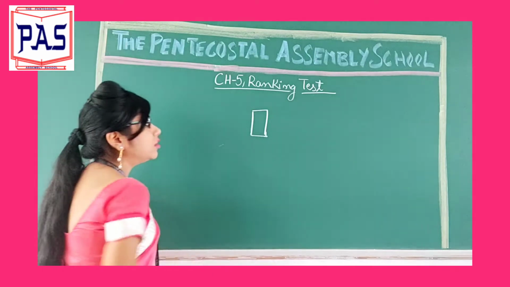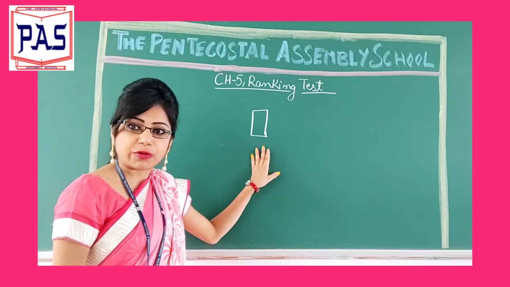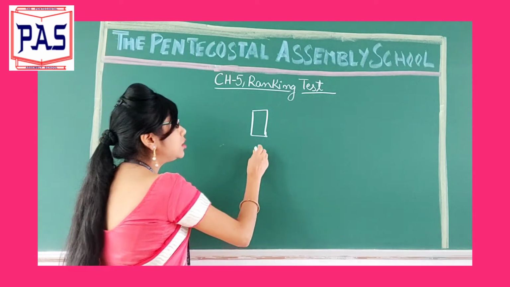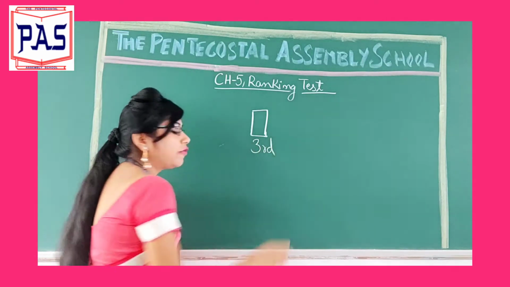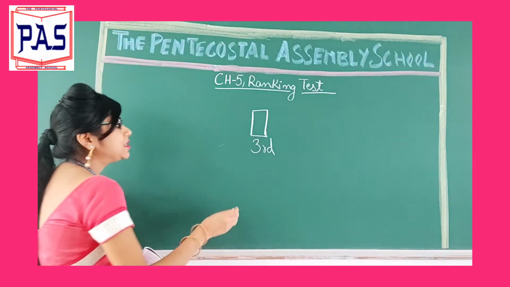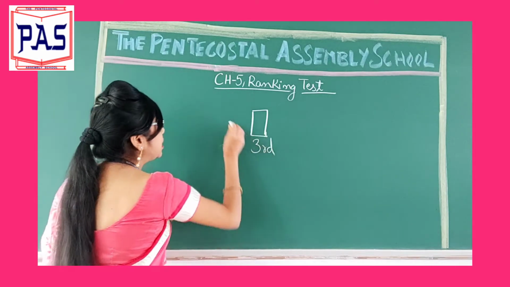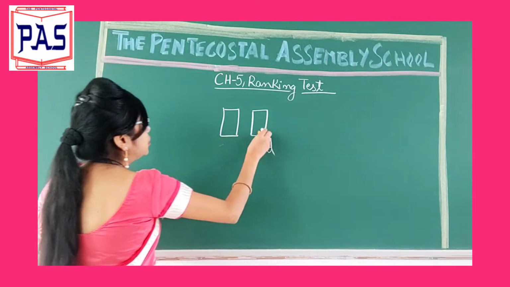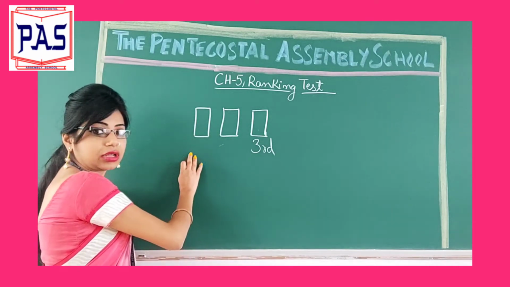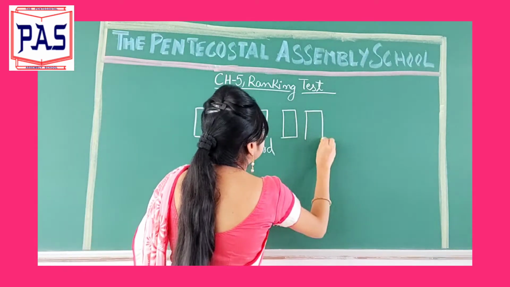So, Archer is a girl and she has some photo frames. She has placed the prettiest photo frame in the middle. And what is the position of the frame? Third position from both the sides, whether it is from left or from right. So, it means that it is third from both the sides, left or right. It means this photo frame has two more photo frames in the left side and two more photo frames in the right side.